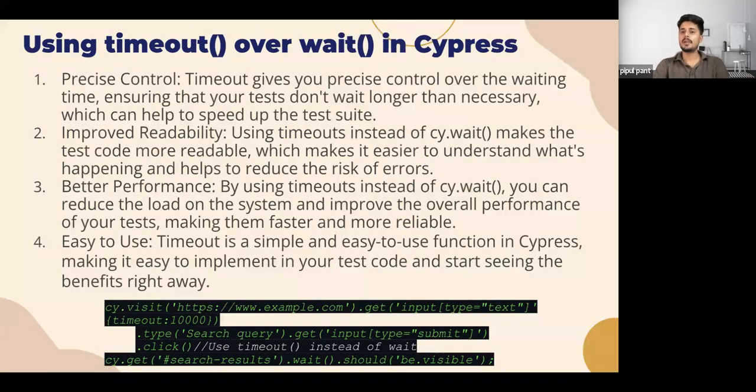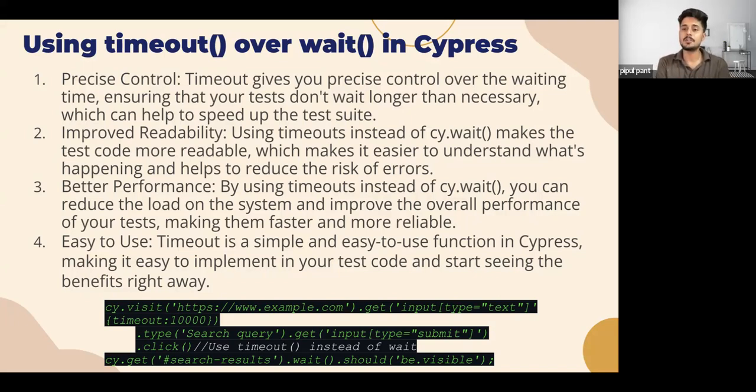Using timeout over wait in Cypress. As we all know, during execution in Cypress, sometimes we might want to wait. There might be some events that require 10 or 15 seconds to complete, and only then can we do some other actions. In that case, instead of using wait, because the problem with wait is that wait will basically